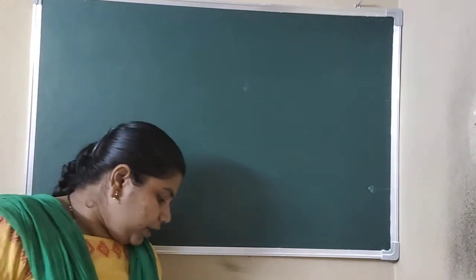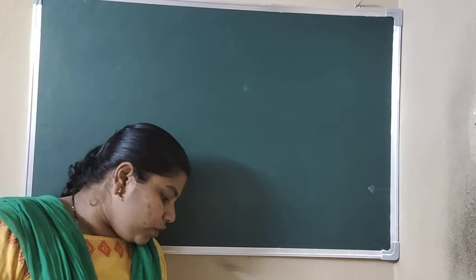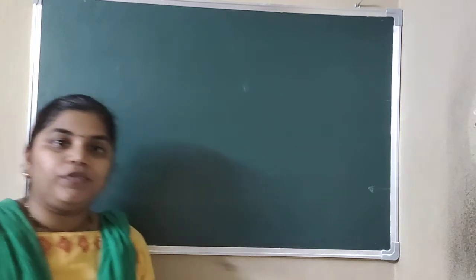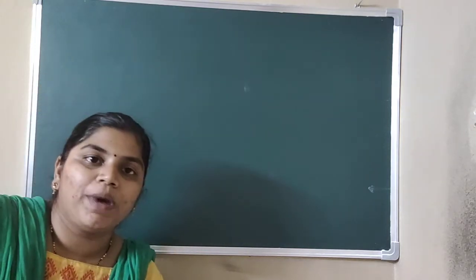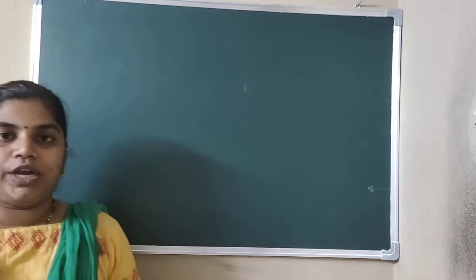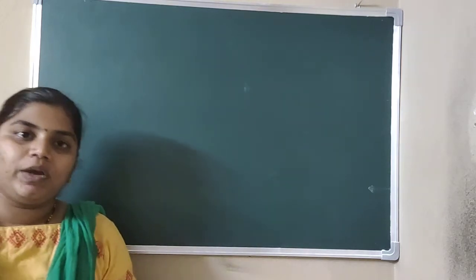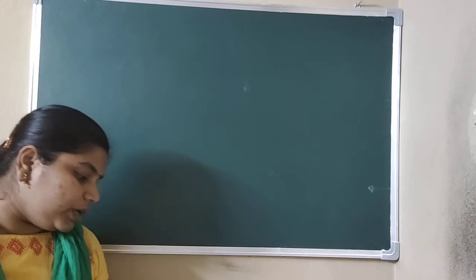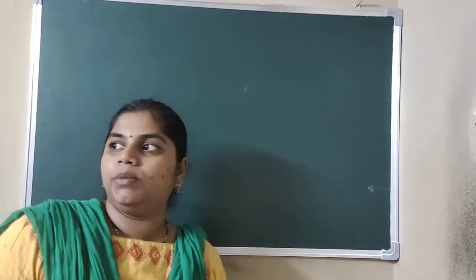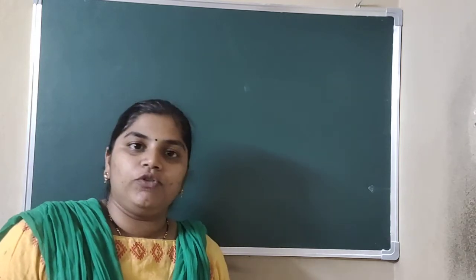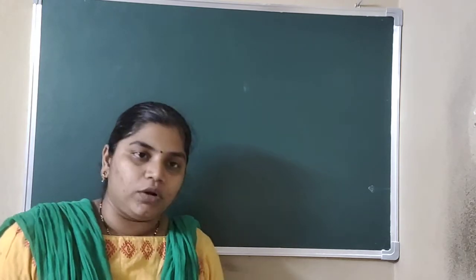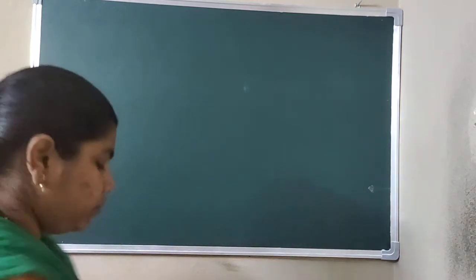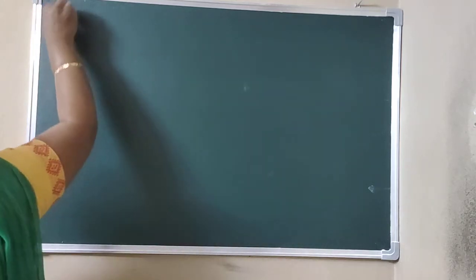4/5 of a number is greater than 3/4 of the number by 4. So here 4/5 of a number is nothing but 4 by 5 of a number. The number we have to take as x. So it will be 4 by 5 x is greater than 3/4 of the number by 4. 3/4 of a number is 3 by 4 into x, that will be 3x by 4. Okay, is greater than how much, it seems, that is equal to 4. So here let the number be x.